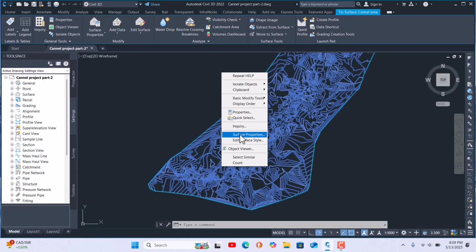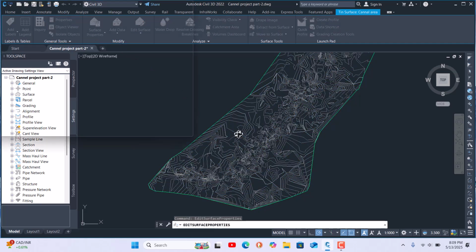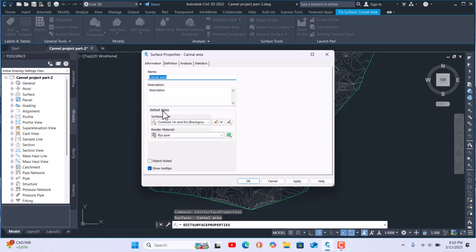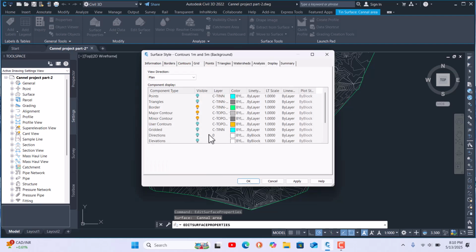I am using the ribbon from here, surface properties. Then you see our contour styles, surface styles. Here, click this down arrow and edit current, or you can create a new one here. But we are now editing the current style.